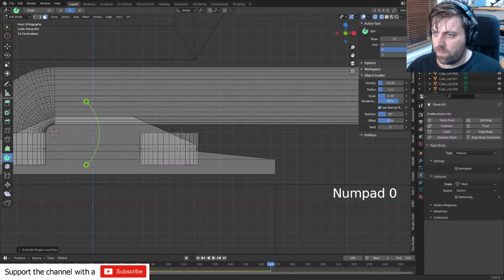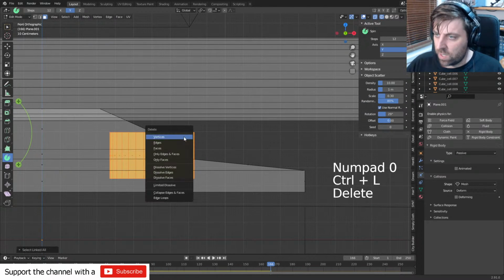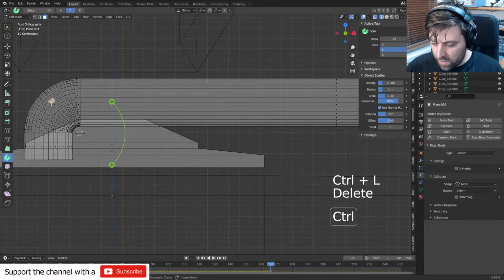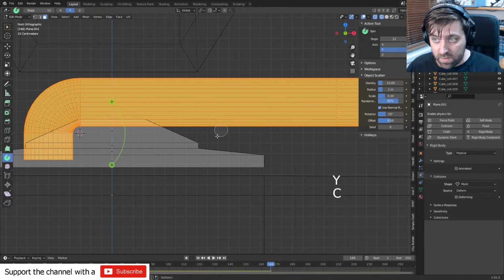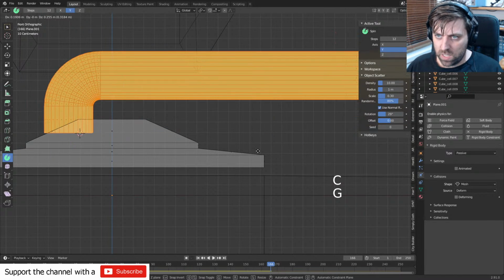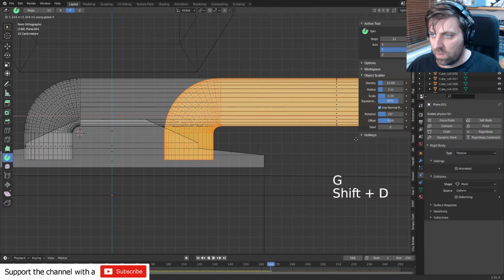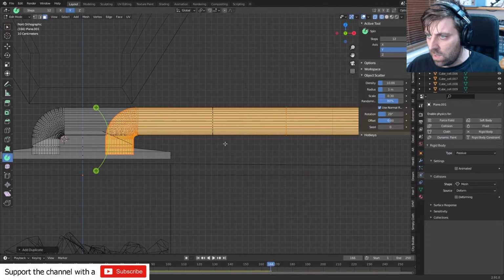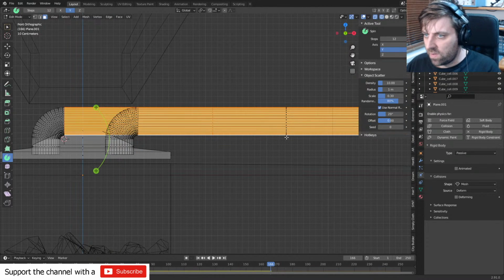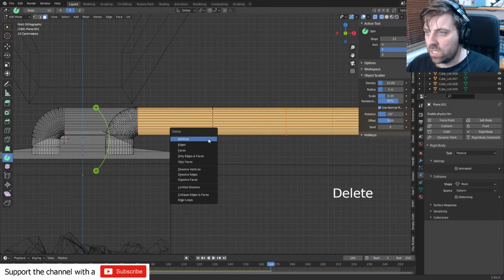Yeah, let's go with that. And now what I can do is go Control L, delete vertices. Then we can grab this, Shift D along the Y-axis maybe? X-axis? G? Nope. Shift D, X. And then we'll put it in something like so. Let's just grab this edge. Nope, we'll grab this edge, delete